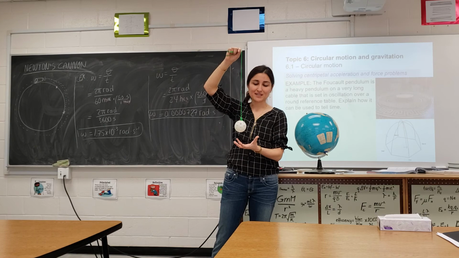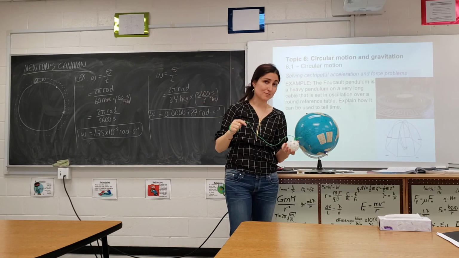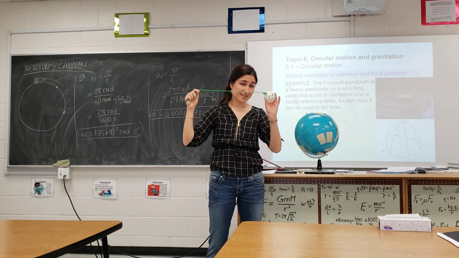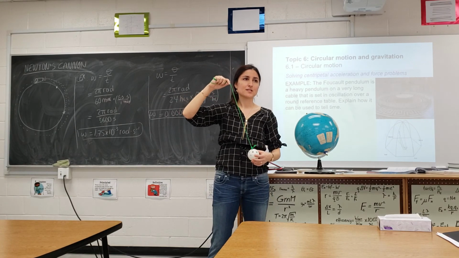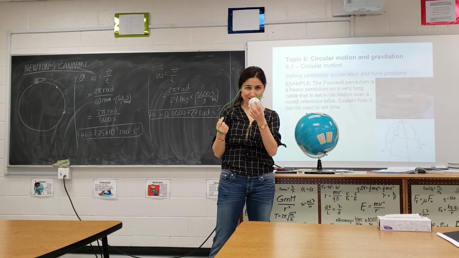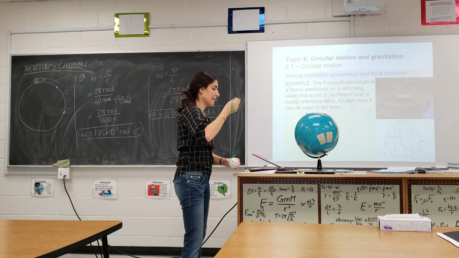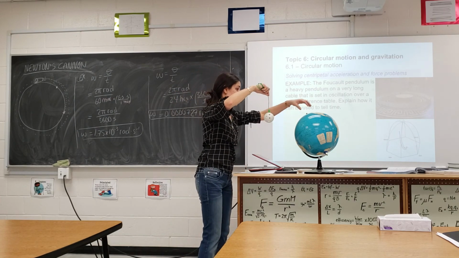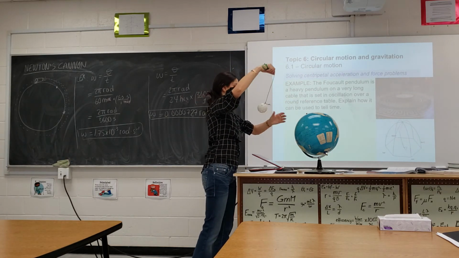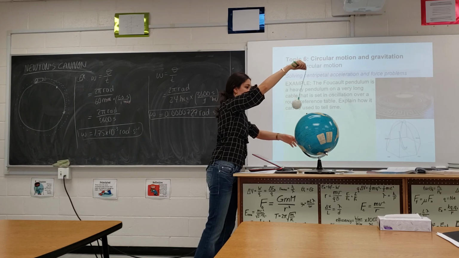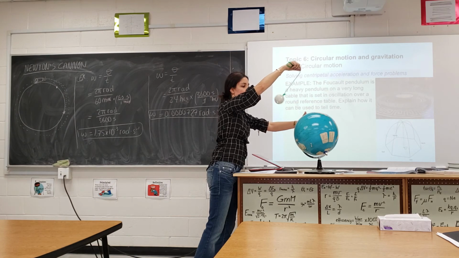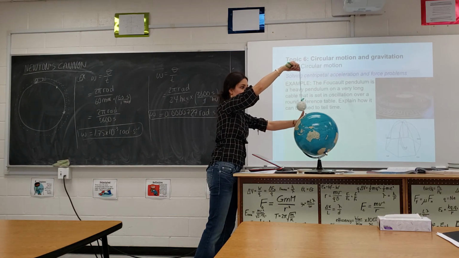When we look at things in physics, we look at an object's motion relative to something else. Relative to what we see right now, the Earth appears stationary, and this thing is moving, but it's rotating. So to understand why it's rotating, put yourself in the frame of reference of the pendulum instead, not the Earth where you're stationary. So now we're gonna pretend we're right here on top of northern Canada, and this thing is oscillating back and forth like this. From the point of view of the pendulum, it's going to keep swinging back and forth. But if I move the Earth from underneath it, if it rotates,